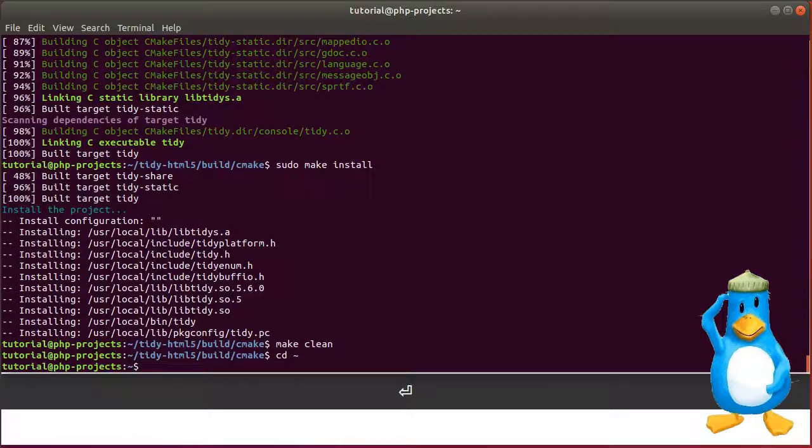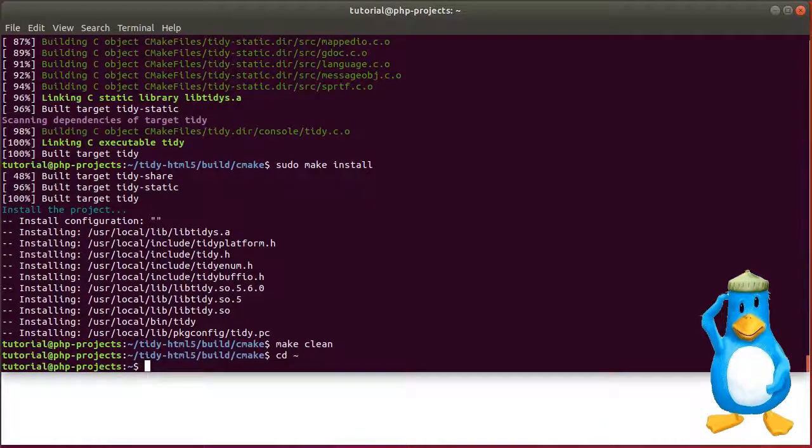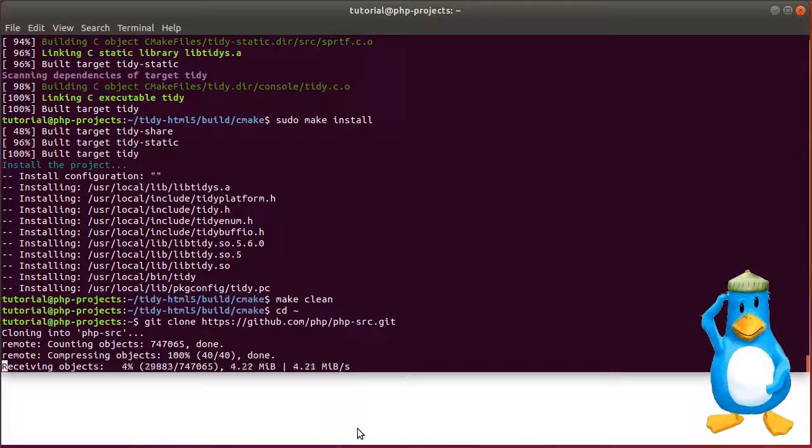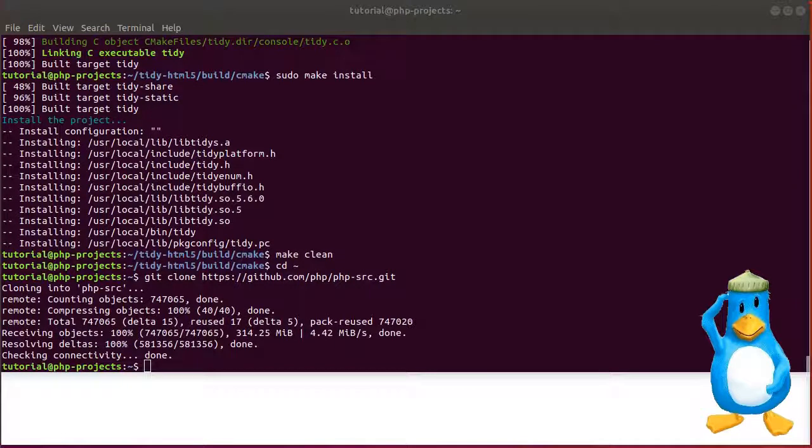So we're back there. Now we need to download the PHP source from GitHub. With that we use the command again, git clone, and the URL is https://github.com/php/php-src.git. So press enter, and this will take some time because it's a big repository. Right, now with that done,